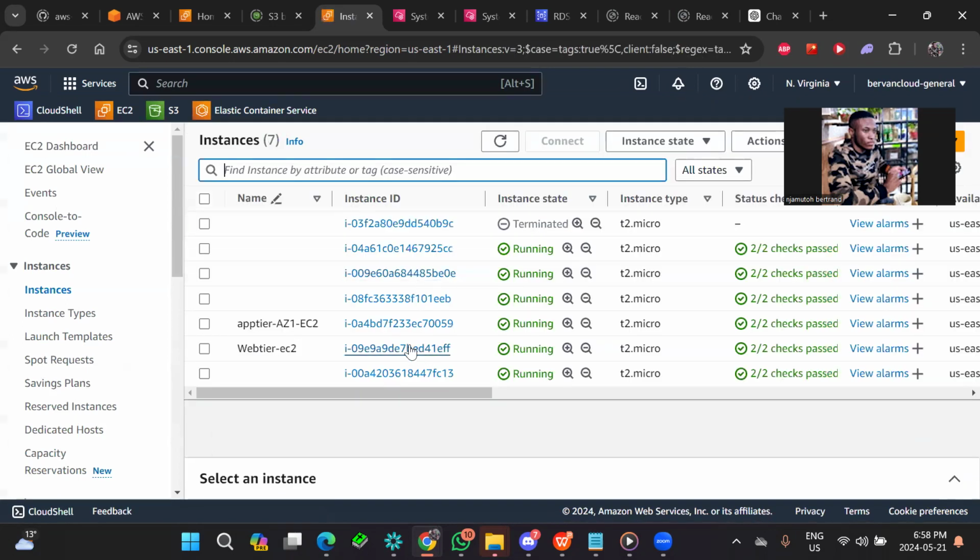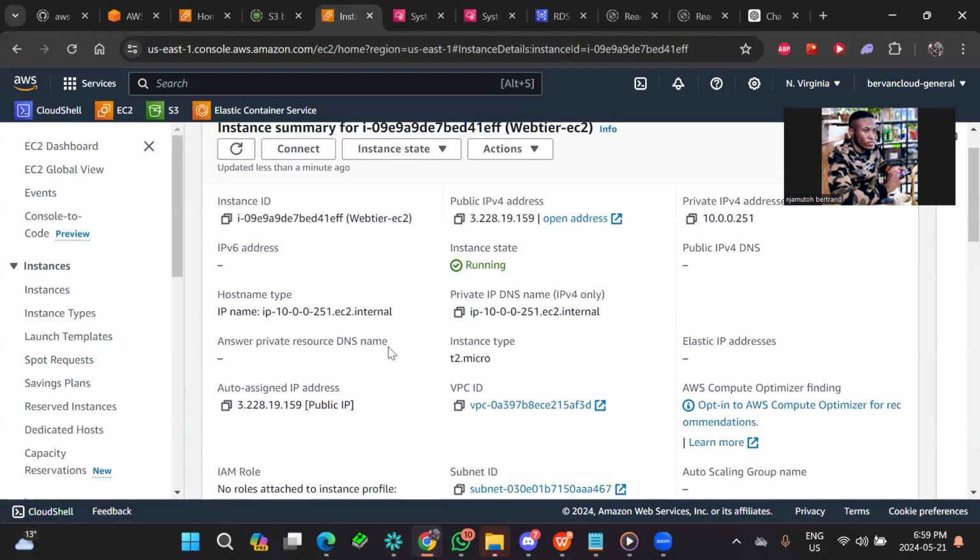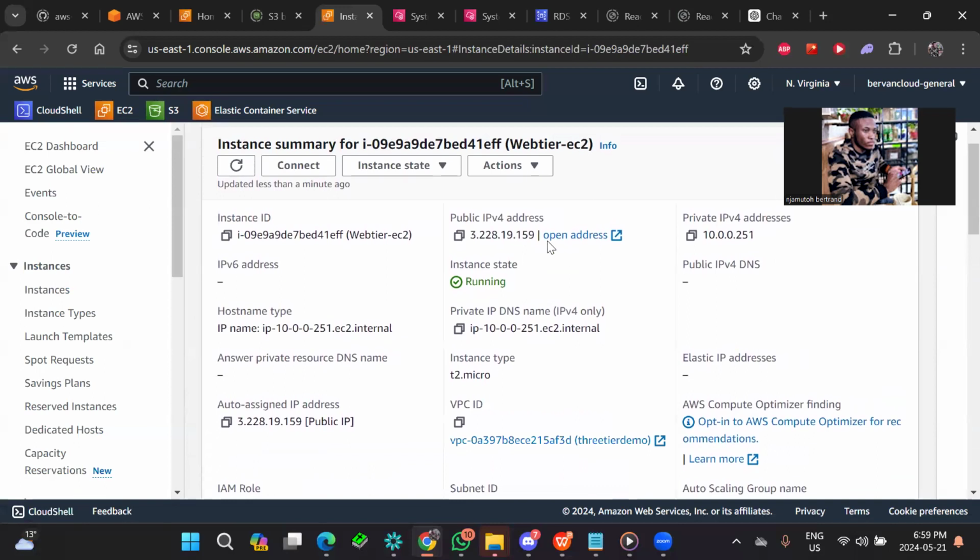So 6 EC2 instances that are currently running. I terminated one earlier on. And of these EC2 instances, I'll enter the web tier EC2 instance. The web tier EC2 instance has a public IPv4 address assigned to it. And for us to test if this connection is rightly configured, we need to copy this and place it in our web server,